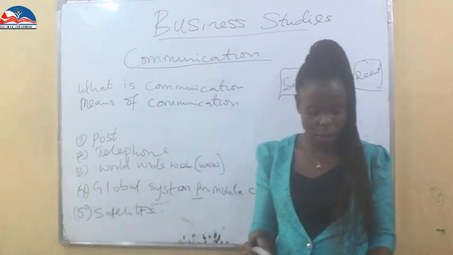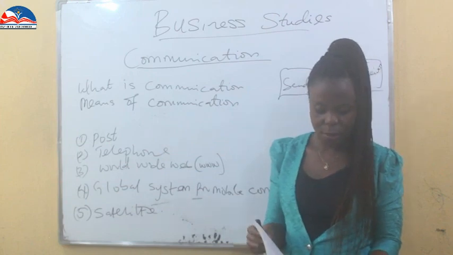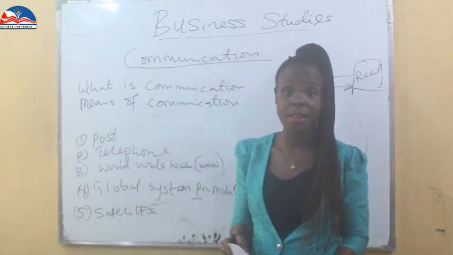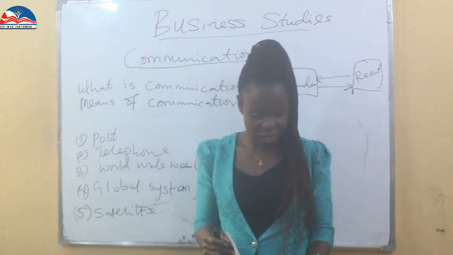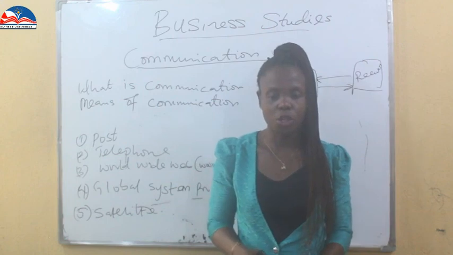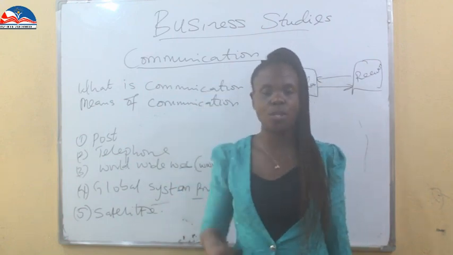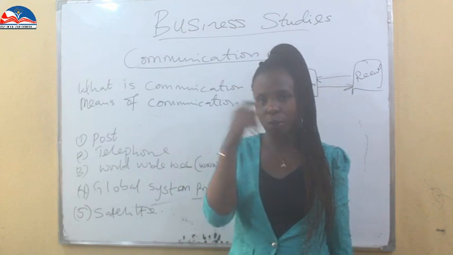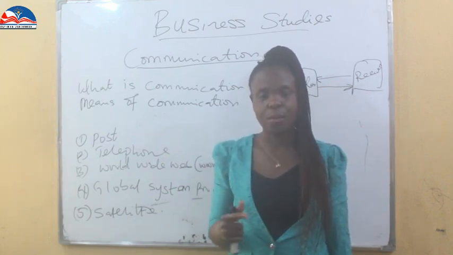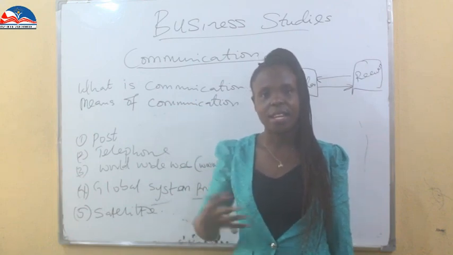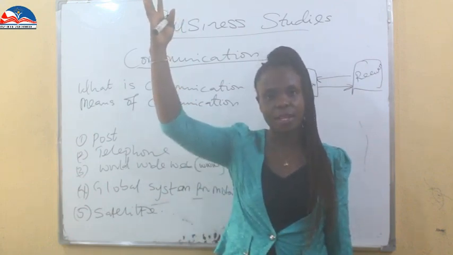Satellites. When we talk about satellite, it's an object which rotates and picks up signal from around the world, around the earth. The moon and the space. Information can be passed from the earth to those in the moon. Information can be passed from the moon to those on earth. People who travel to the space use the satellite. They launch the satellite in the space.